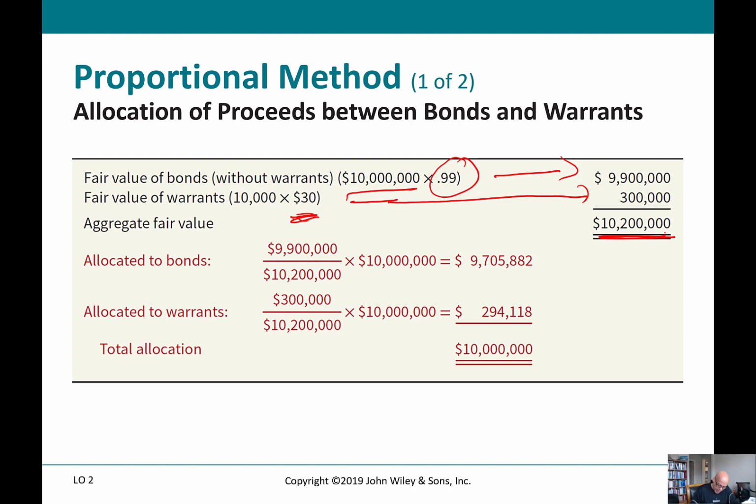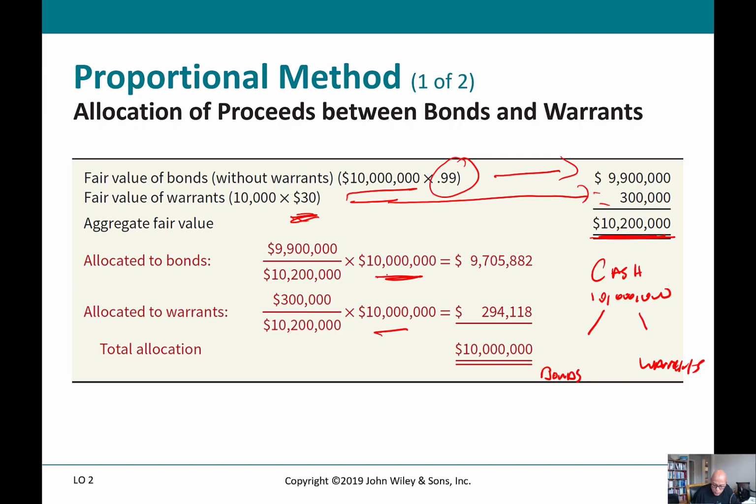10,200,000, okay, and then I assign, because remember the total cash that came in, let's just write that, the total cash that came in was what? 10 million. And using the proportional method, I'm going to want to figure out how much goes to the bonds, how much goes to the warrants here, just using my little drawing here. And so what happens? Well, if I use this ratio here to figure out the total value associated with this issue,